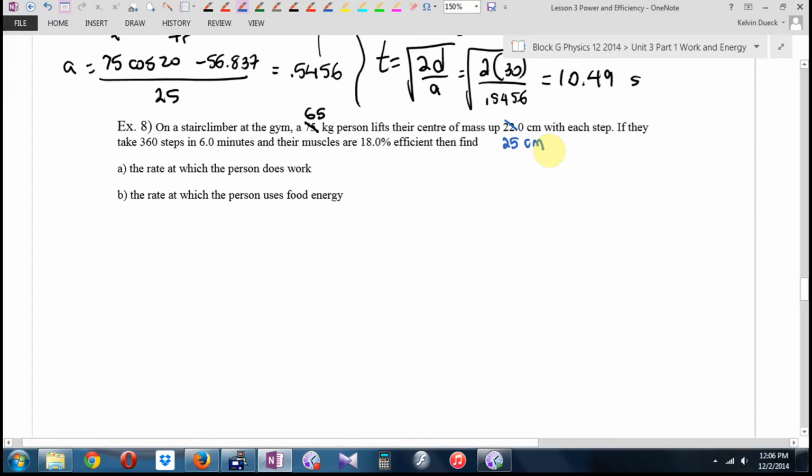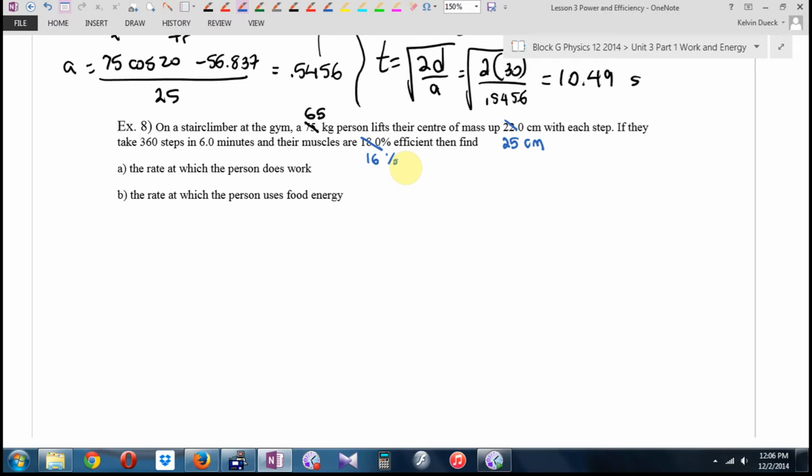And instead of 18% efficient, let's make them 16% efficient. I'll leave the rest the same. So it says at a stair climber at the gym, a 65 kilogram person lifts their center of mass 25 centimeters with each step. If they take 360 steps in 6 minutes and their muscles are 16% efficient, then find